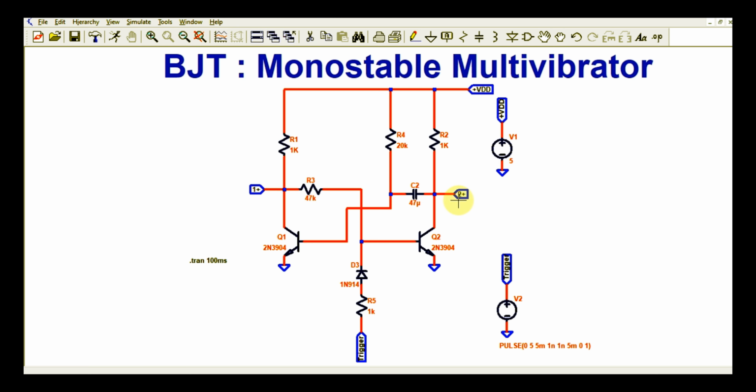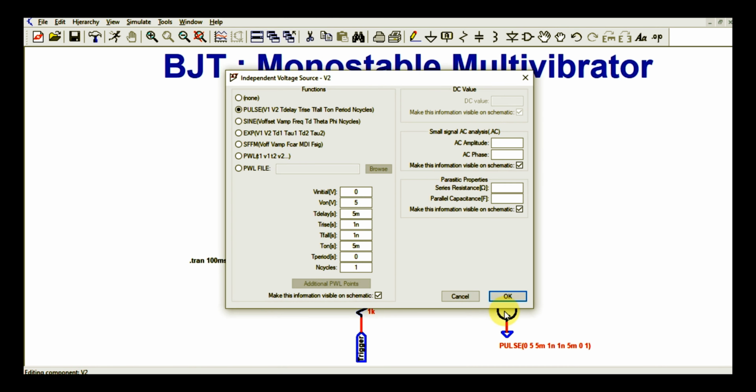And in the monostable state you have to give one trigger pulse. Here you can see I have given one trigger pulse by using resistor R5 and the diode D3. If you look at the trigger pulse, you can see it is connected via a net. You can see trigger here and trigger here, and if I right click on this trigger, you can see the configuration of this voltage source. So this is basically a pulse.